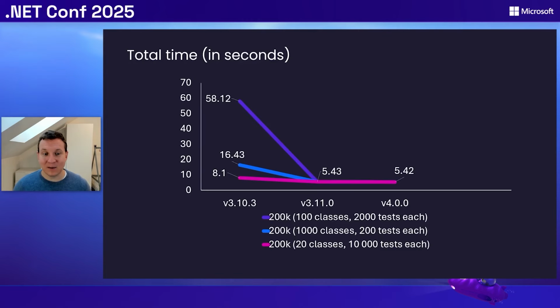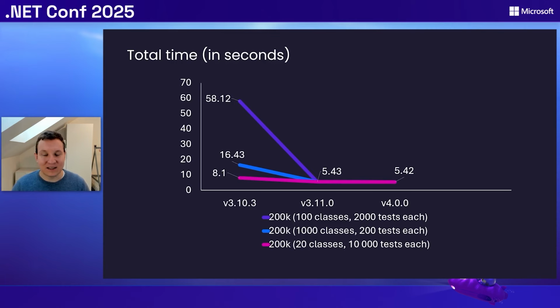In MSTest, we did quite awesome performance improvements between version 3.10.3 and 3.11. What we can see in this chart is an execution of a test suite that has 200,000 tests. Quite a large test suite, and it really depends on how the tests are laid out in classes. In the slowest case, that took almost 60 seconds to execute, we have 100 classes with 2,000 tests each. In the middle, we can see 1,000 classes with 200 tests each, probably the most realistic example that we have here. And then in the fastest case, where it took almost 9 seconds or 8.1 seconds, we have 20 classes